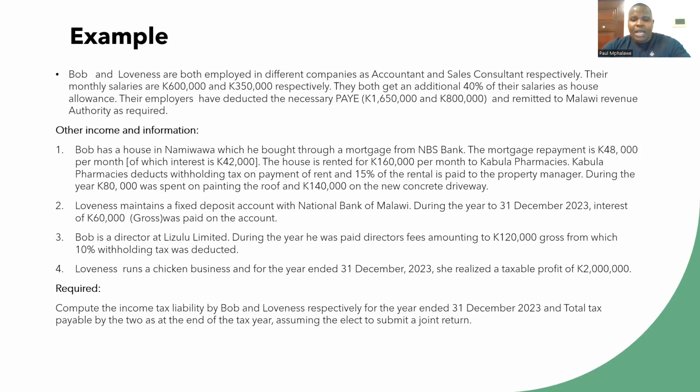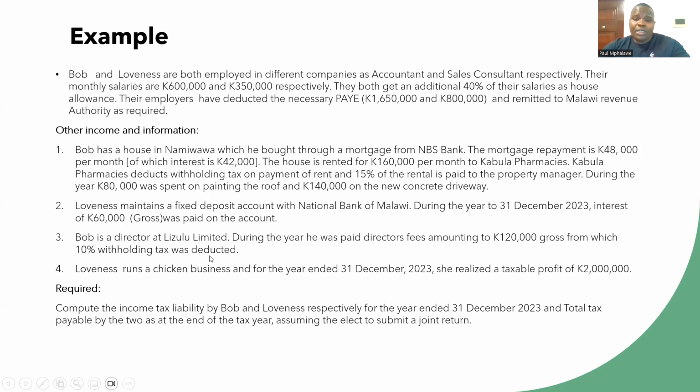Okay. The house is rented for 160,000 per month to Kabula Pharmacies. Kabula Pharmacies deducts withholding tax on payment of the rent at 15% of the rental, and that is paid to a property manager. During the year, 80,000 kwacha was spent on painting the roof and 140,000 kwacha on the new concrete driveway. We must understand that the 80,000 paid on painting becomes revenue expenditure,